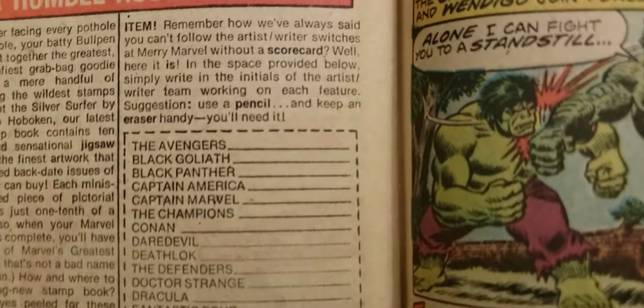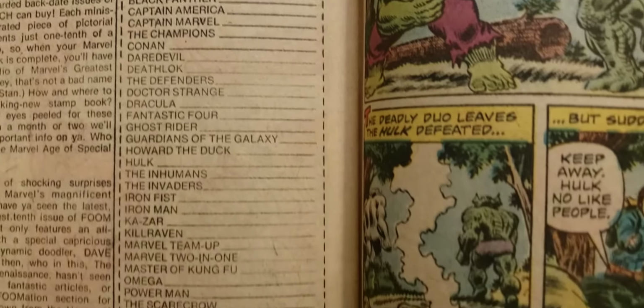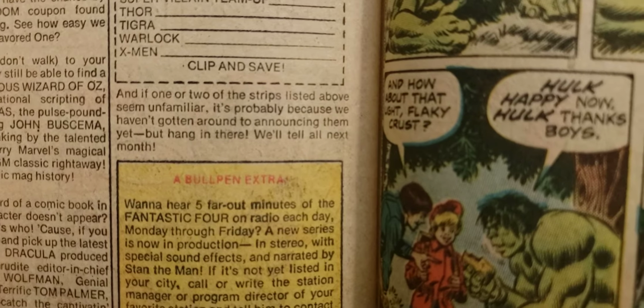And up here they're talking about different books they got coming out and all the different things that writing on it, keeping a scorecard of who's writing it and everything. But I'm thinking they're telling you to clip and save. I'm like, oh no. And if one or two, this is cool too, and if one or two of the